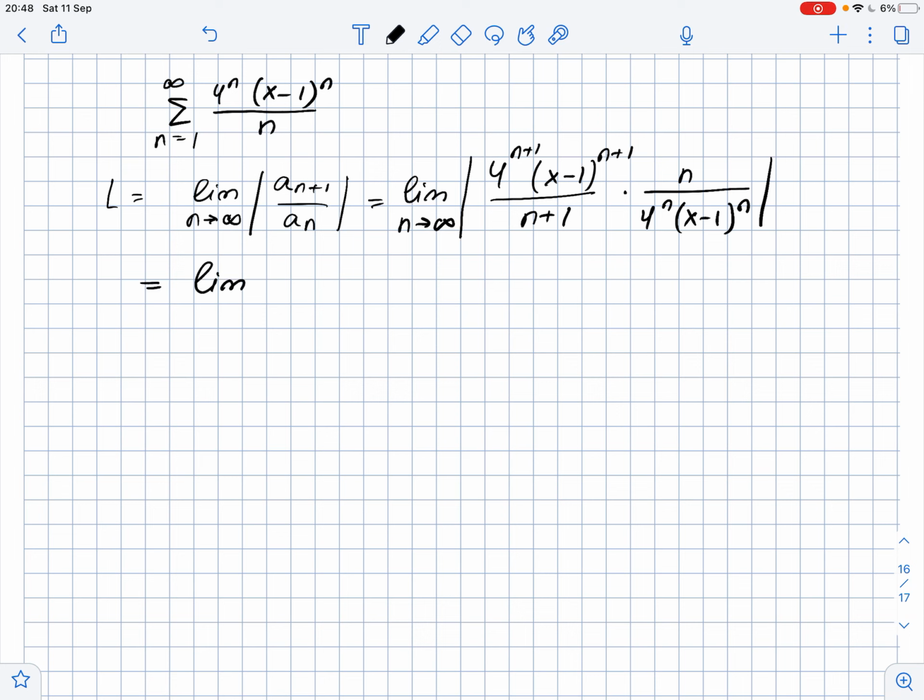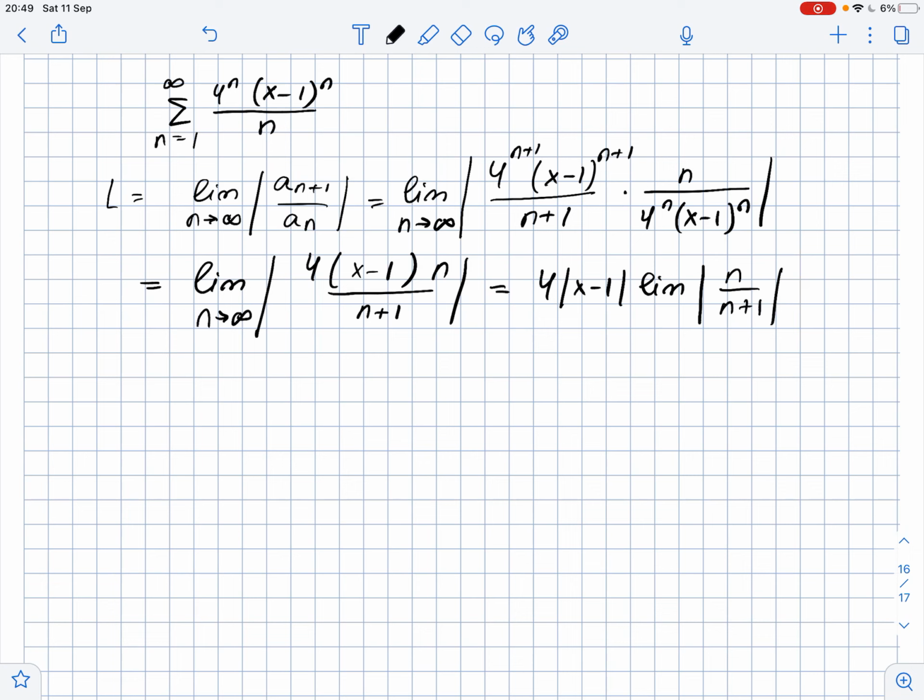Let's simplify this. This equals the limit of the absolute value of 4 times (x minus 1) times n over n+1, and n approaches infinity. Then this equals 4 times the absolute value of x minus 1 times the limit of the absolute value of n over n+1, where n approaches infinity. Then it equals 4 times the absolute value of x minus 1 times the limit of the absolute value of 1 over 1 plus 1 over n,